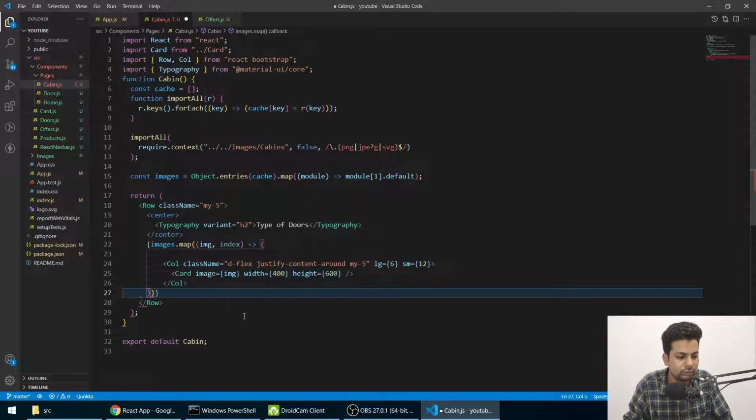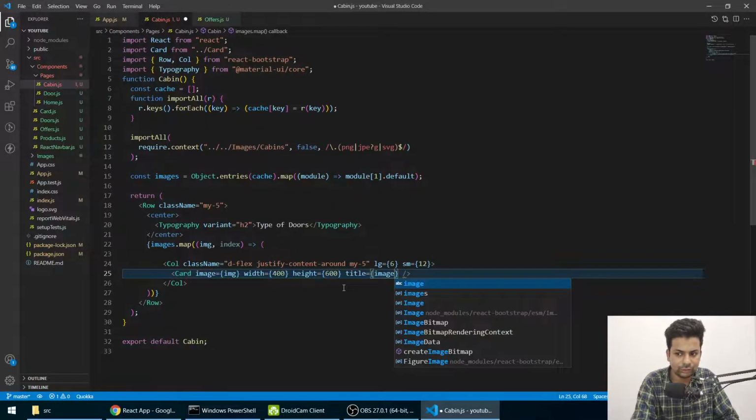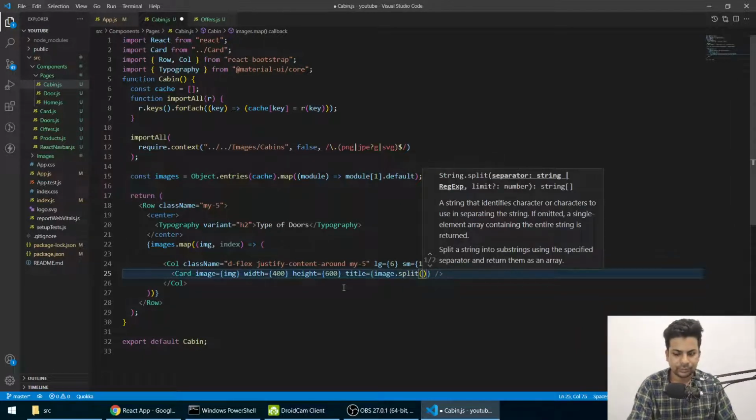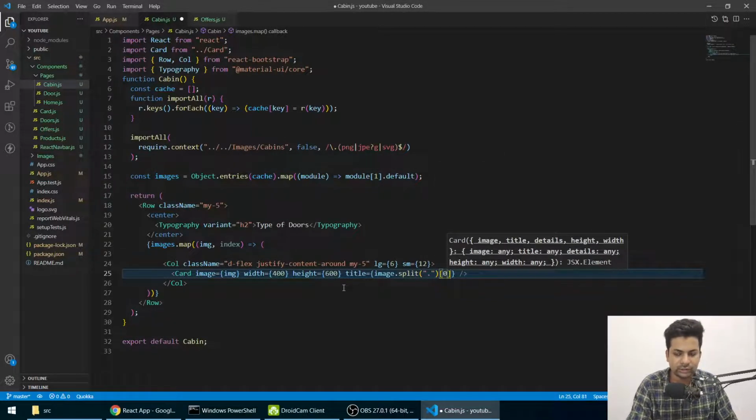Yeah, so again some error. Okay, yeah. So for that we'll say, come here and say title equals image dot split, then we'll say dot zero index dot split.